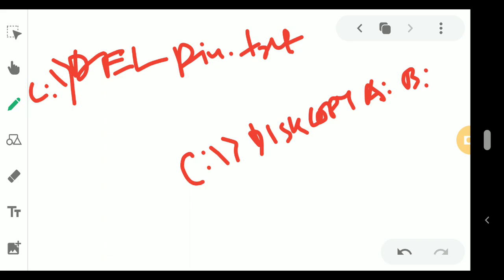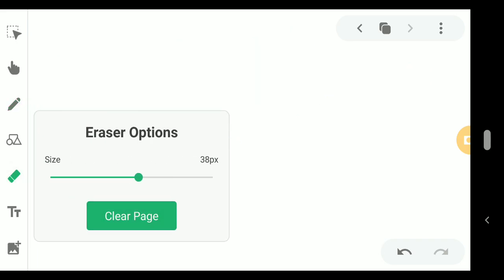Now there is another command, the move command. So what is the function of the move command? Using the move command you can move a file from one location to another. The example is the same, you have to give the destination, like c:/, then you have to move.